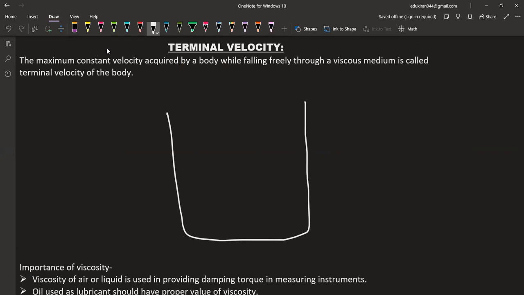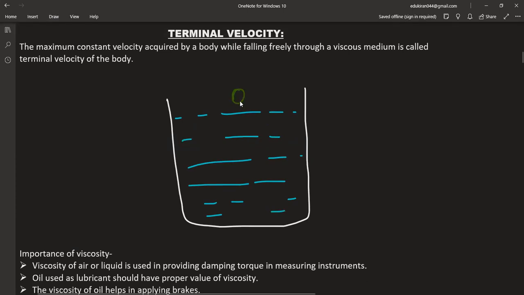If you take water in your hand, and if you take oil, oil is a little more viscous than water. Then you take honey. When you rub honey, you feel the maximum amount of resistance. Similarly, glycerine also. So any viscous material you can take and completely fill it. Now, if you throw a freely falling body, suppose here the velocity is 0 meter per second,